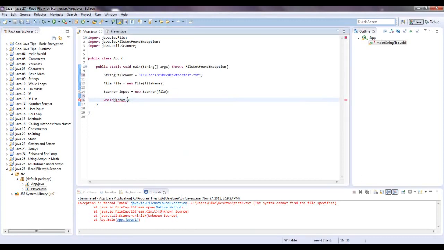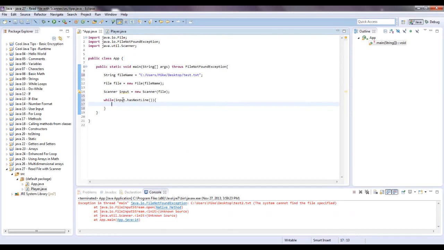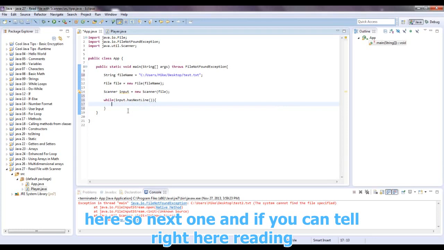So what that means, I'm going to just say hasNextLine, open close parentheses. And what this means is while it's scanning this file, if it has another line, it's going to do what's inside of here. So let's say